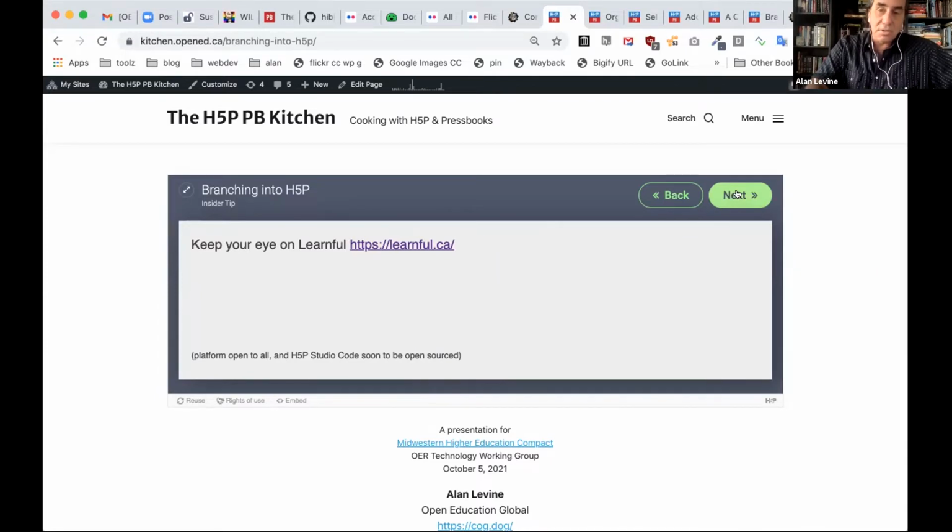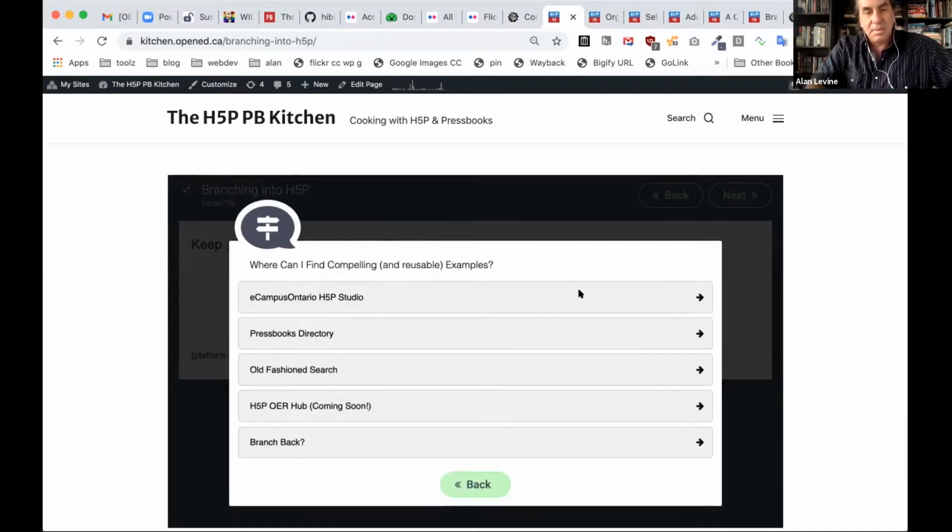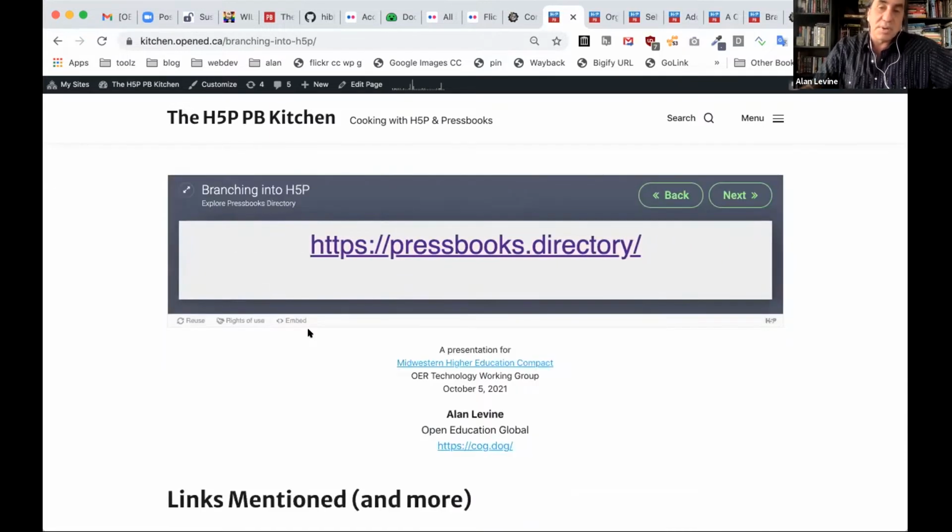So if you want to create your own studio, you can do that. So at this point, we can look at another method for finding H5P content, which I'm just going to make the choice because I wanted to show you one of the more powerful ones: the Pressbooks directory, which, if you're using Pressbooks, which I imagine a lot of people are, is one of the best ways to find examples